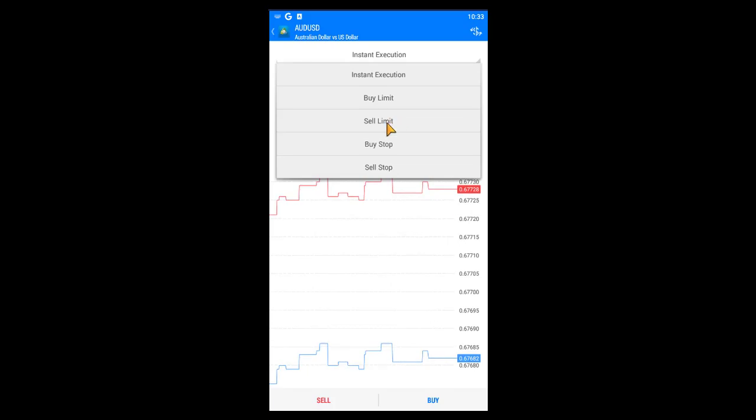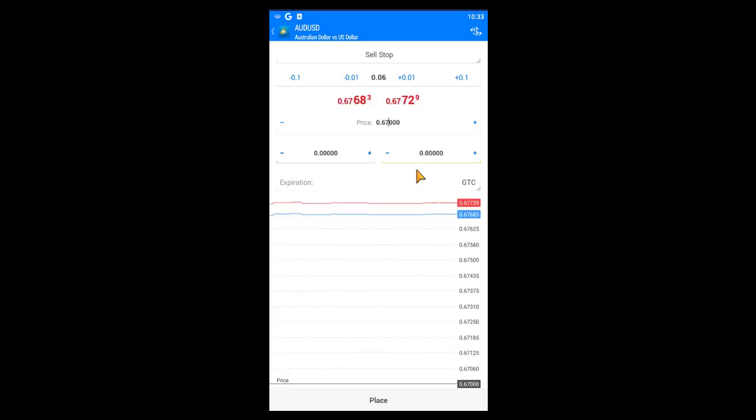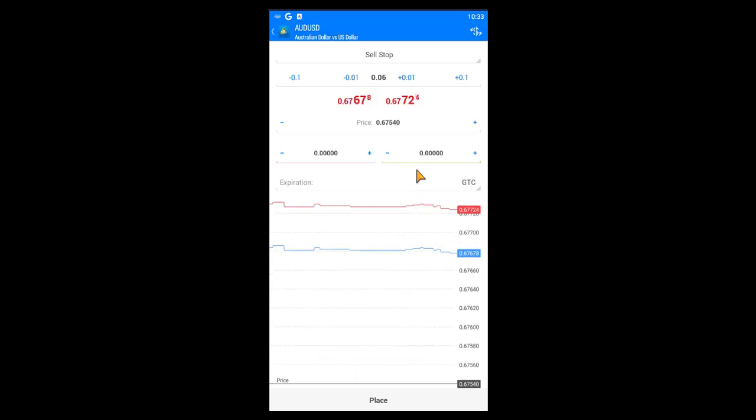So I'll click here and I'm going to use, remember we have done buy limit, we have done sell limit, we have done buy stop. So let's do our sell stop. I'll click sell stop here and I'll furnish the price here. So what price are we typing there? So we are using 0.67540. So we are saying if this price can go lower to this level,